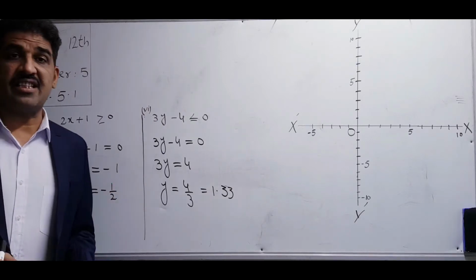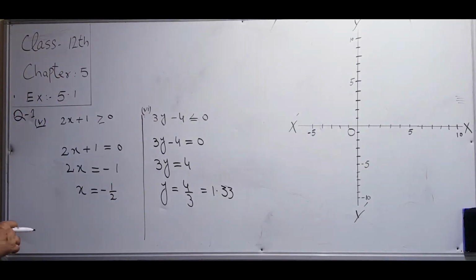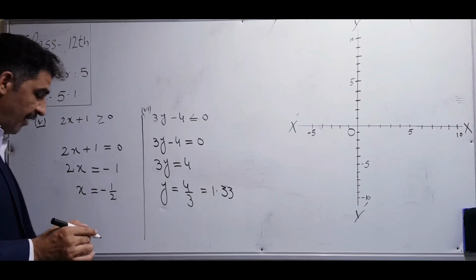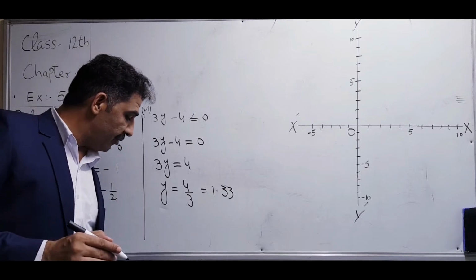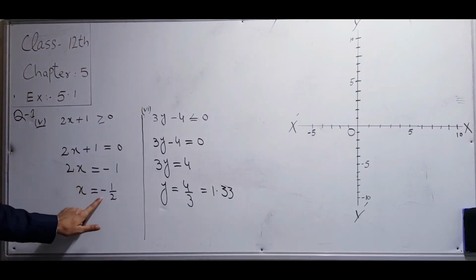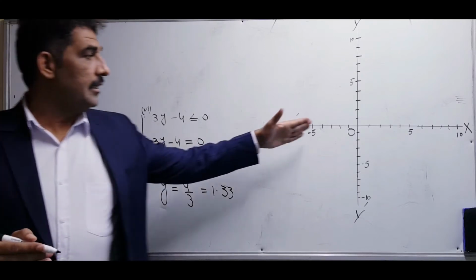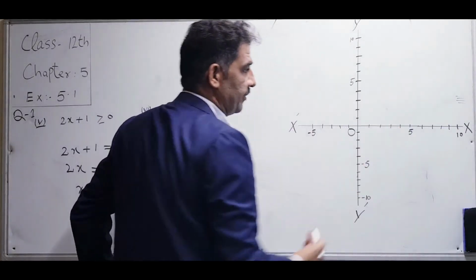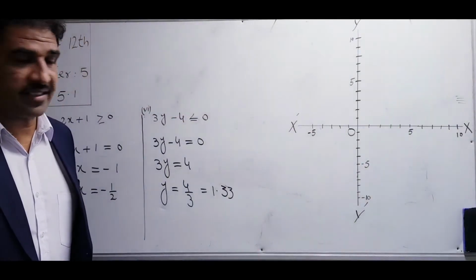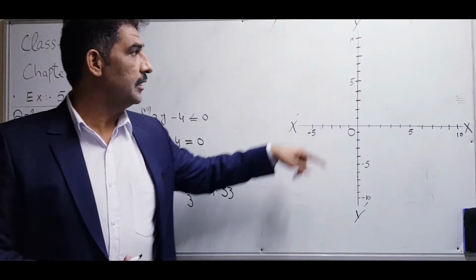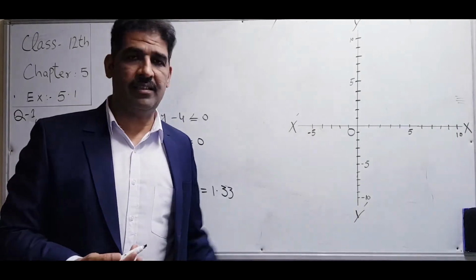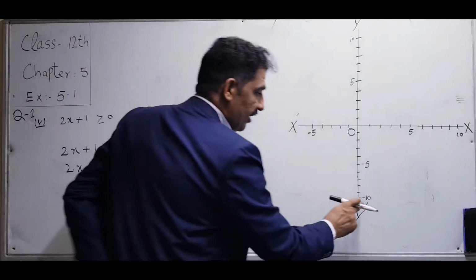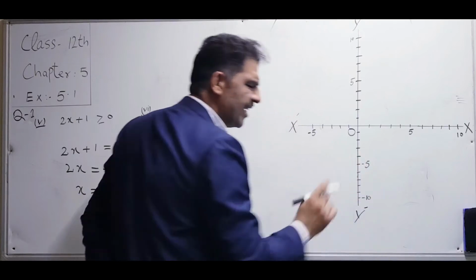Correct? We have to take these values on graph paper, and how to take these values on graph paper, after that we will start the solution of this one. So x is equal to minus 1 over 2. Then after that, you have to check where the value of x is negative. That is the rectangular coordinate system. Its origin, the right hand side is the positive of the x-axis, left hand side negative, upper side positive, lower side y dash denoted by the negative values of the y-axis, which you have already studied.